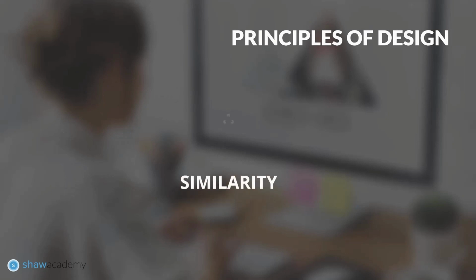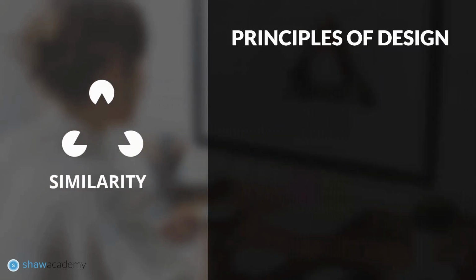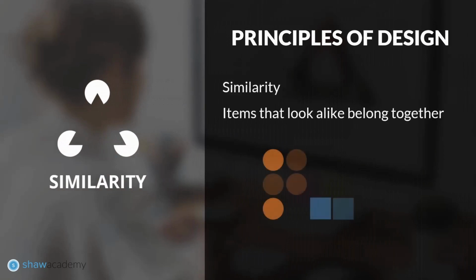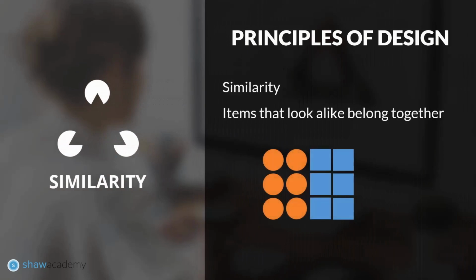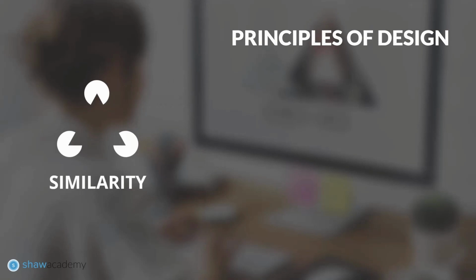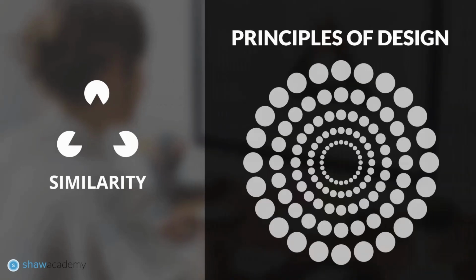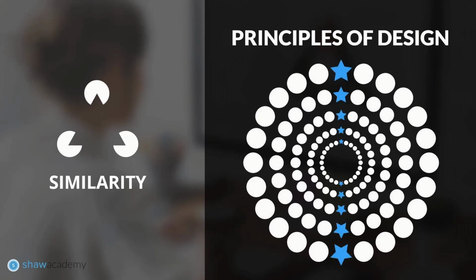Another way our minds group things together is based on similarity. If design elements or objects are similar in size, shape, or even color, our minds perceive it as being unified. Due to similarity in shape and motion, these circles look quite unified. But by simply changing one aspect, we will be able to break them apart.